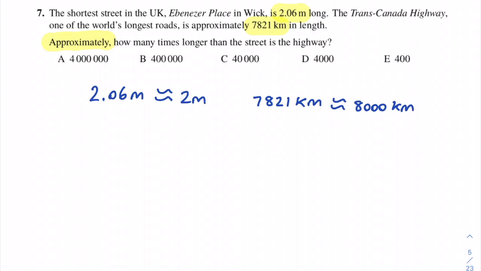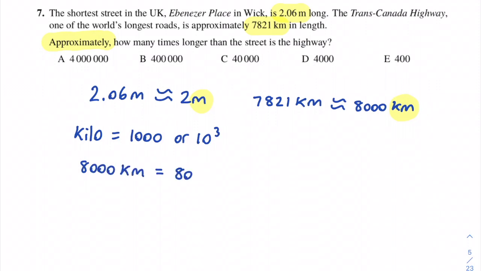So the highway is 8,000 kilometres. So there's a slight difference here with units. We've got metres here and kilometres here. So we can easily convert between kilometres and metres because we know that a kilo is equal to 1,000, or 10 to the power of 3. So 8,000 kilometres will be equal to 8,000 times 1,000, which is 8 million